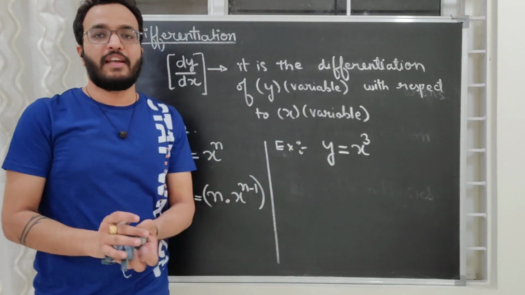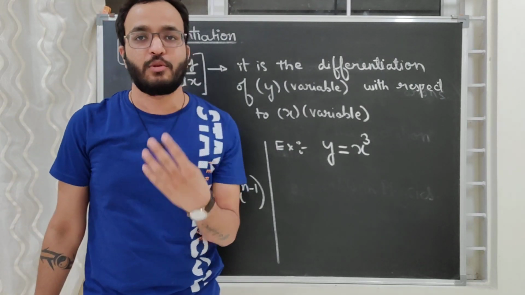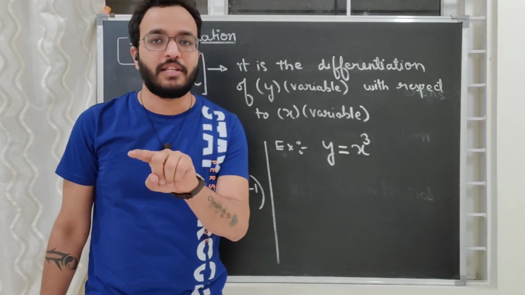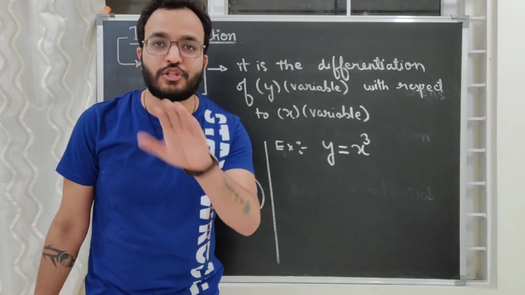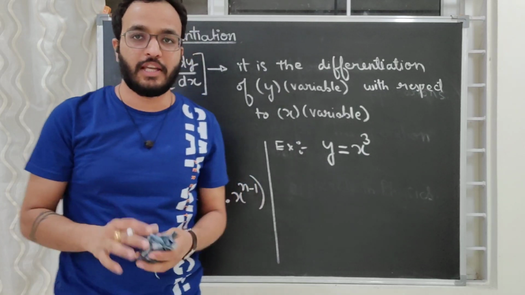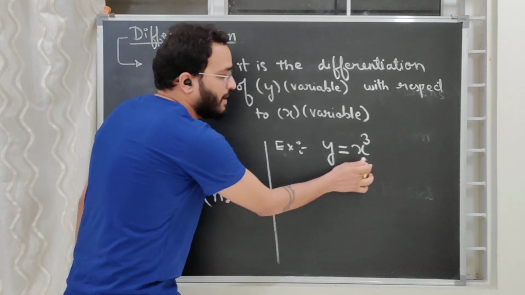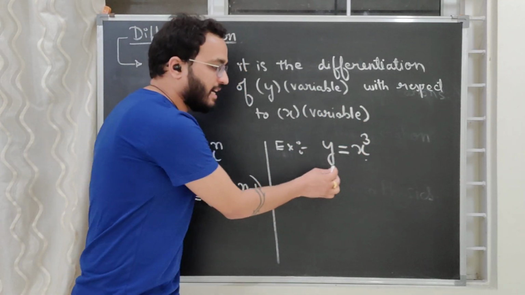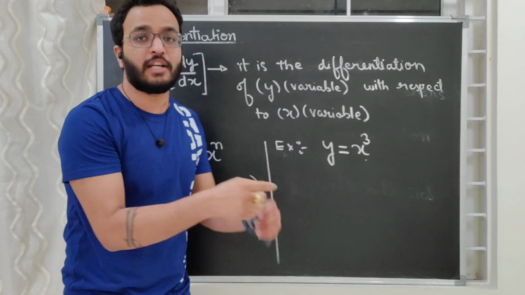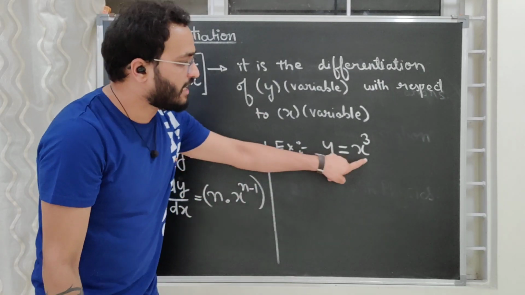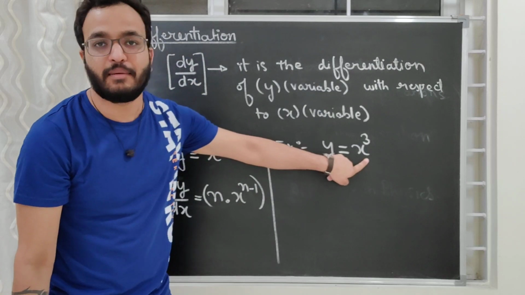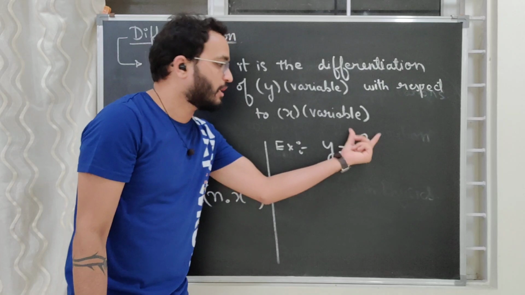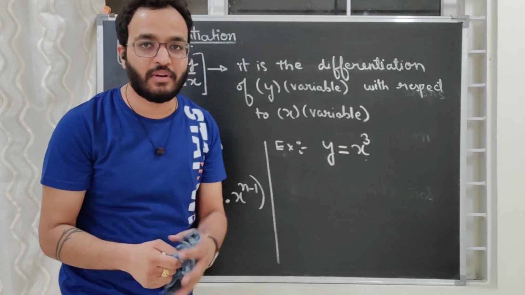Y depends upon x. Now, whenever I use the word function, I'm using this word a lot of times, what is the meaning of function? A mathematical function means a mathematical relationship between x and y variable. So here x and y are mathematically related with this cubic function. This variable x and this variable y are related through a cubic function. That's why I say y is a function of x. That means y is mathematically dependent on x through a cubic function. Do you understand this statement, what I am saying?